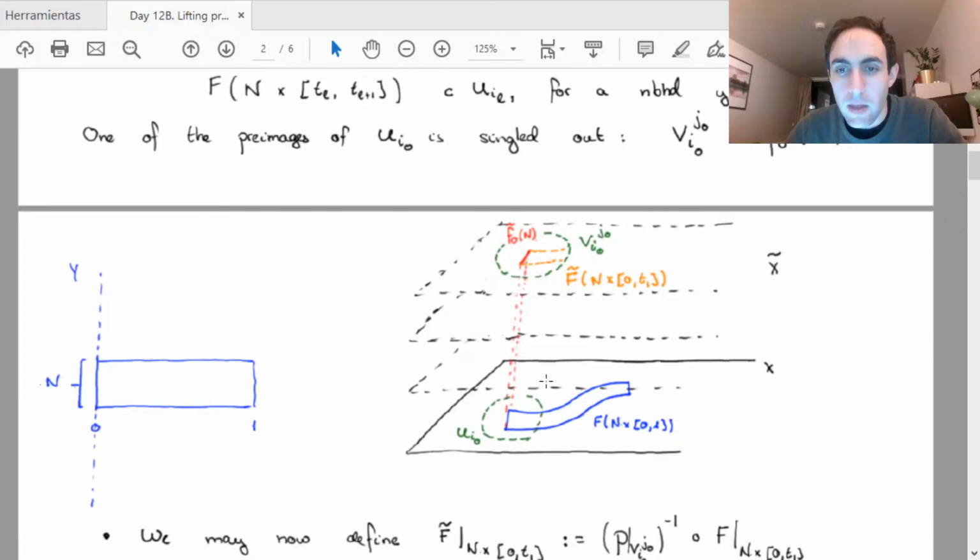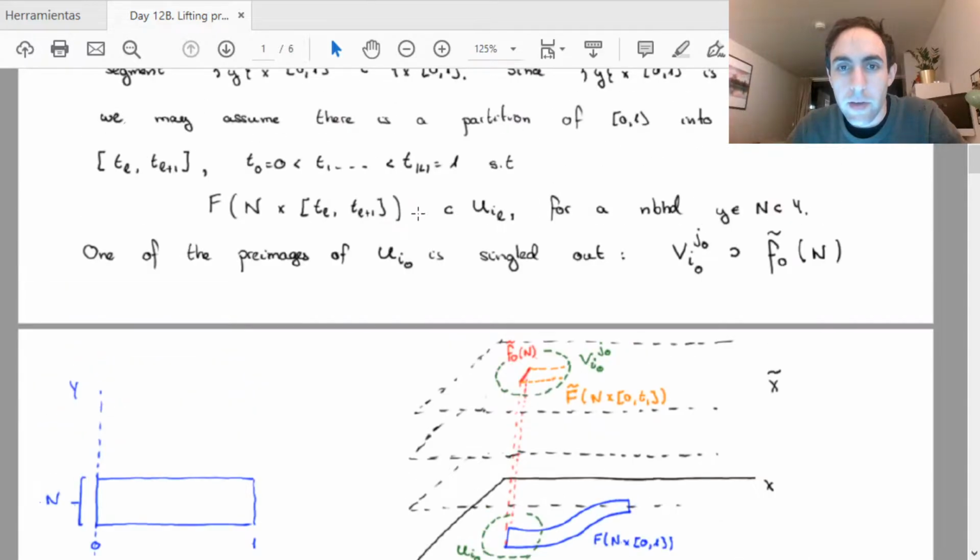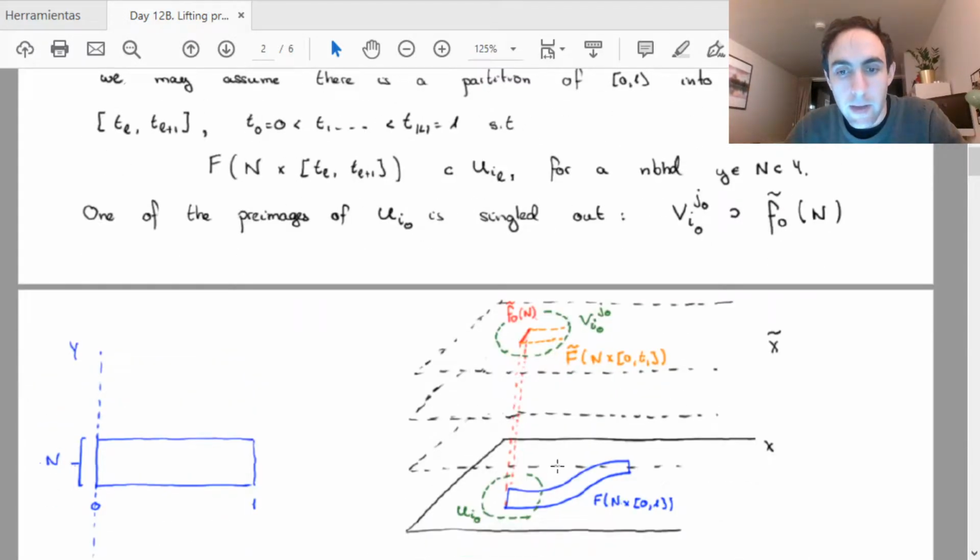Now, what is the thing? So let's say we've lifted up to N times t1. Well, we know that N times t_i, by definition, must be covered by u_i1, so by the next open in the sequence. So now I just iterate the argument. So basically I take the next open,